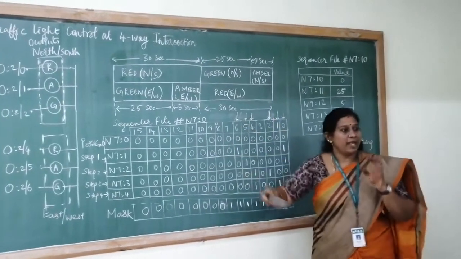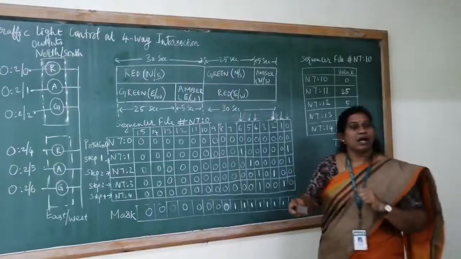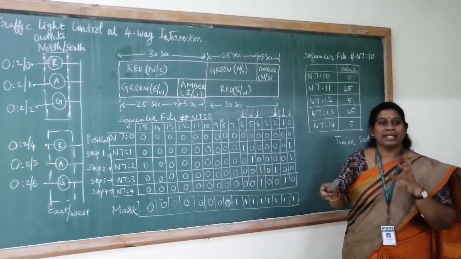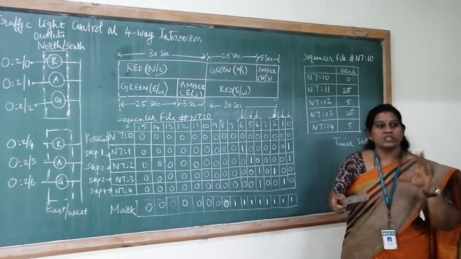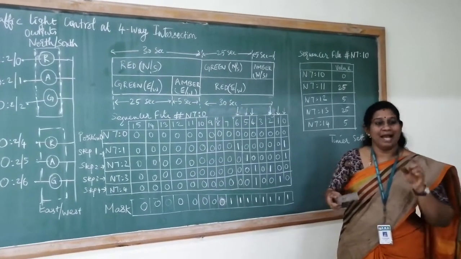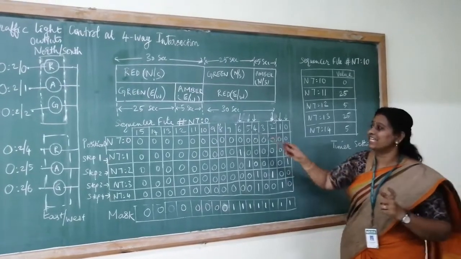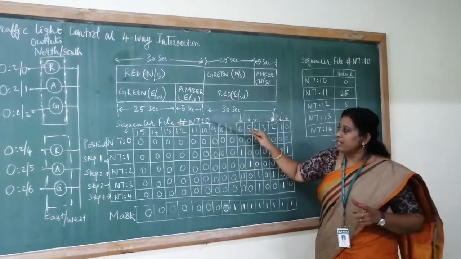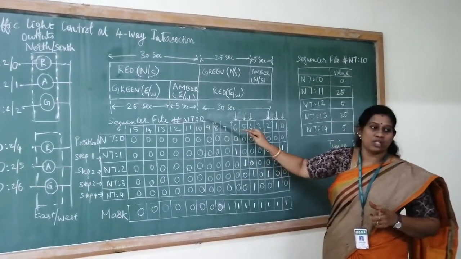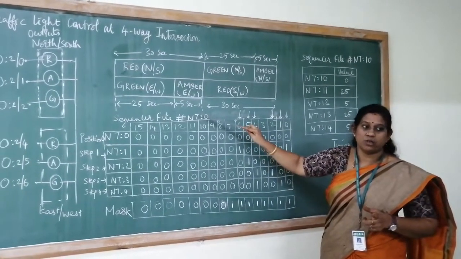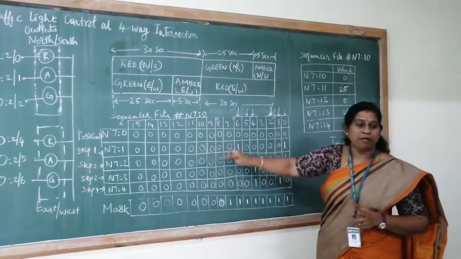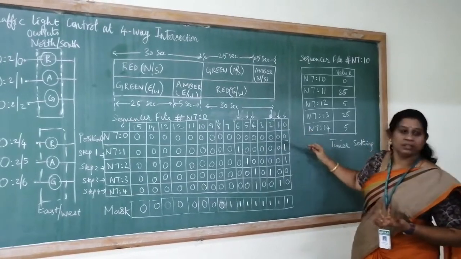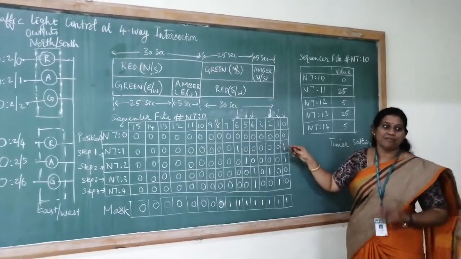First, let us see where the outputs are connected, and next we'll go to the program. Hence, we can create a file to switch the outputs on and off sequentially, and we call that a sequencer file. The file number is N7:0, and we will decide the map and create the file.